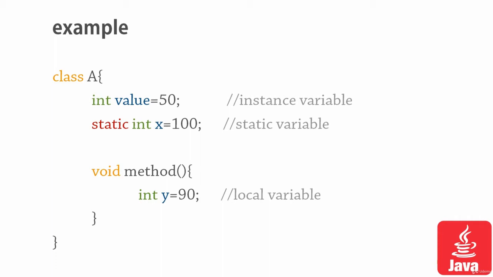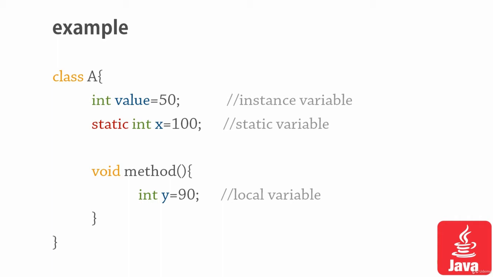Similarly, we may have another variable, say x, having a different value, say 100, and it could be made static. The static keyword could be added before the data type name. So the static value could not be changed. We could not modify the value of x during program execution. However, we can change the value of non-static variables. Static variables could not be changed.